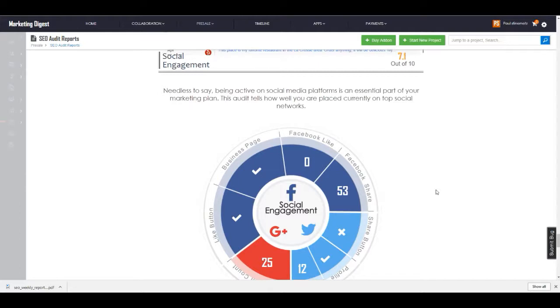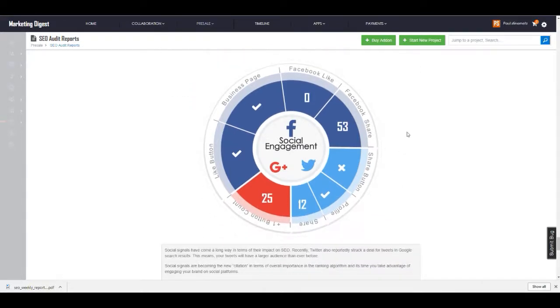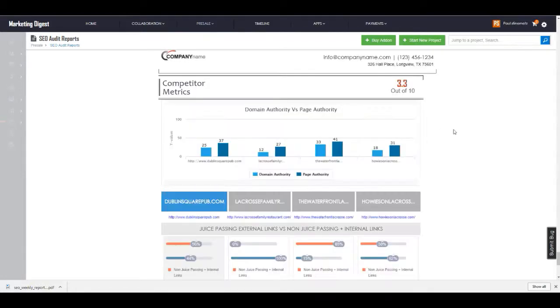Also, a breakdown of their social engagement. And the higher local SEO campaigns, the larger ones, do include social media publishing and some additional management. So if you would also like to upsell the client into social media management, we break that down on a scoring system as well. And then competitor metrics, getting into a bit more advanced analysis,